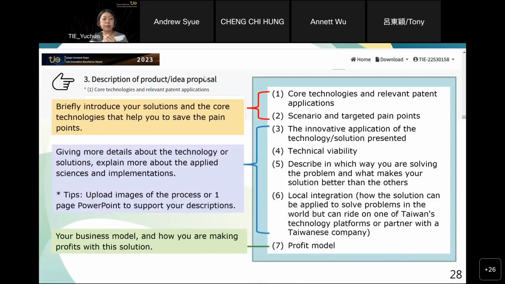So the third part is about the description of your product and the idea proposal. All the questions are designed to let us, the judges, know more about your technology. The first 2 questions ask you to briefly introduce your solution and the core technology that you are trying to use to solve the pain point. And after the brief introduction, the 3rd to the 6th give you a guideline to explain more about the technology and give more detailed explanation about the applied science